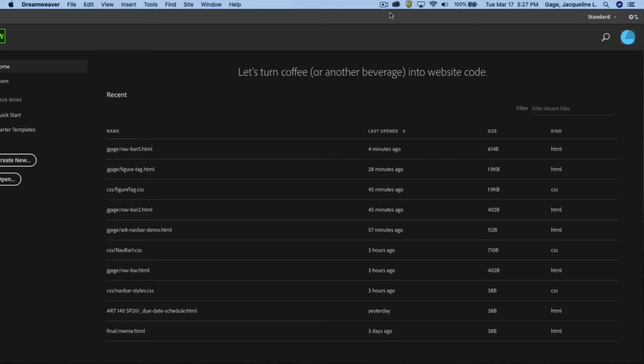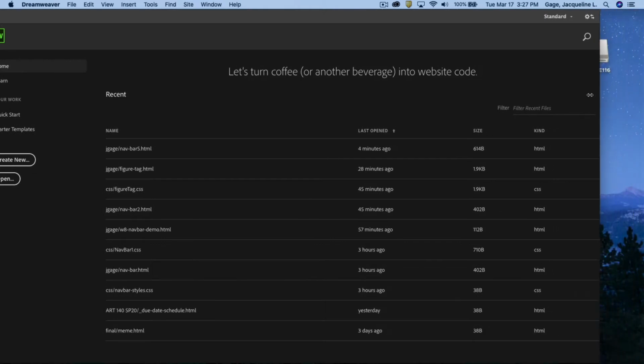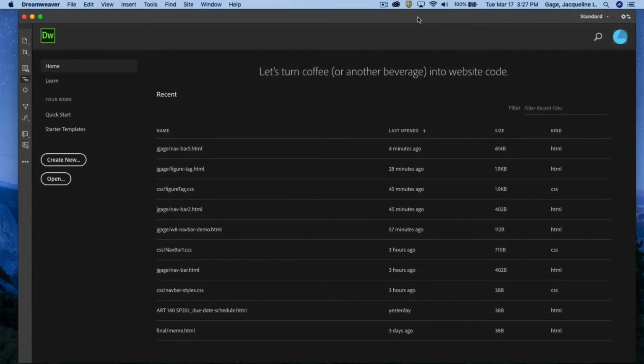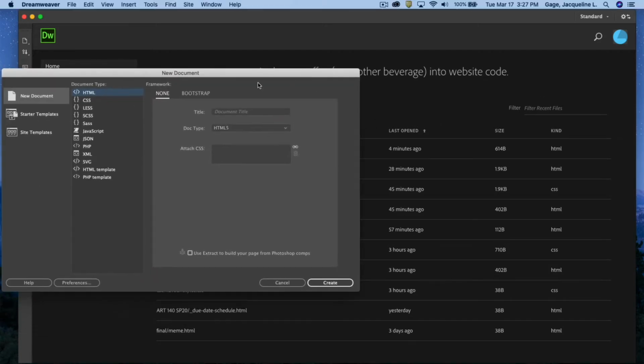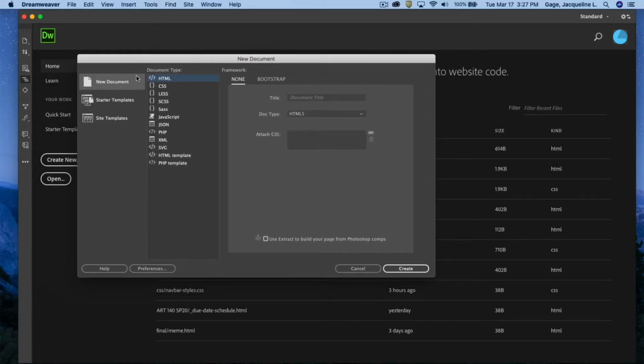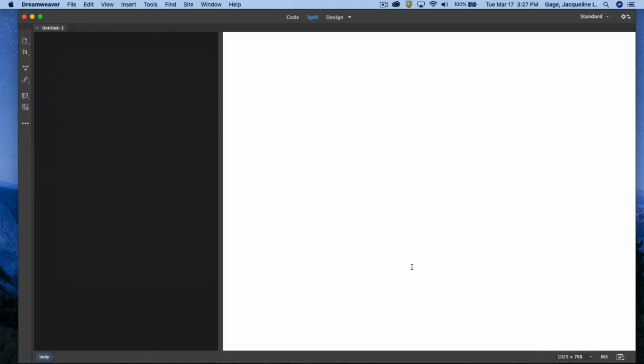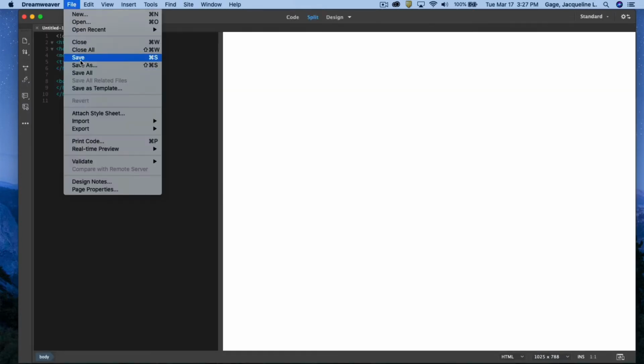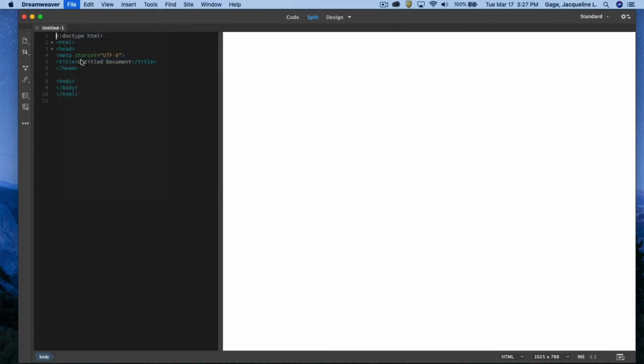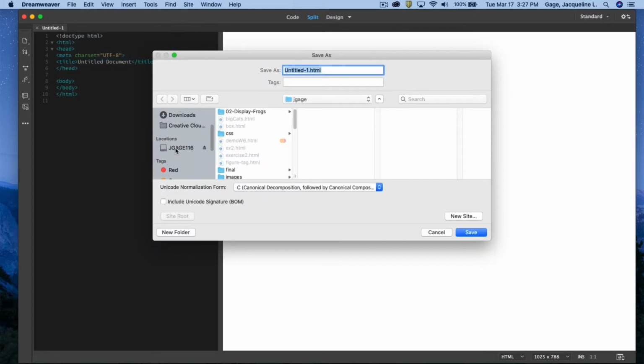Okay, for this lesson, what we're going to do is create a simple layout and integrate the nav bar that we just created. So I'm going to create a new document, HTML, and create. I'm going to go ahead and save this document, file, save, navigate to my USB,